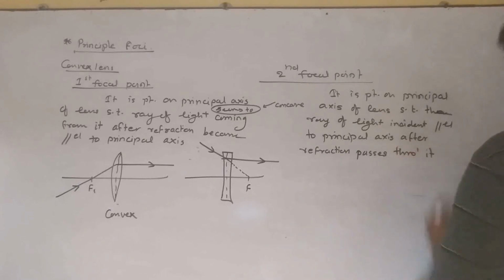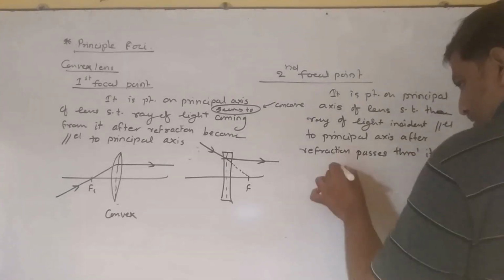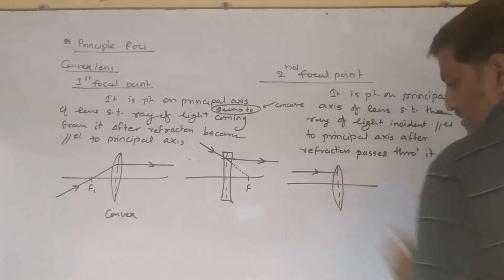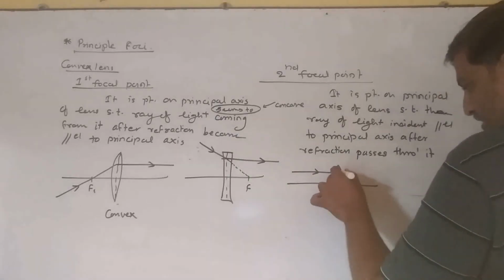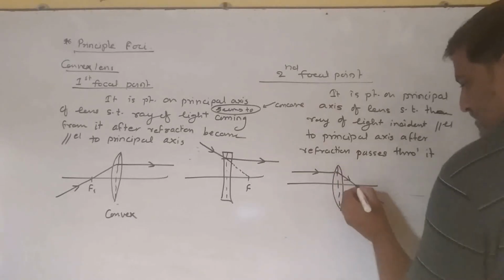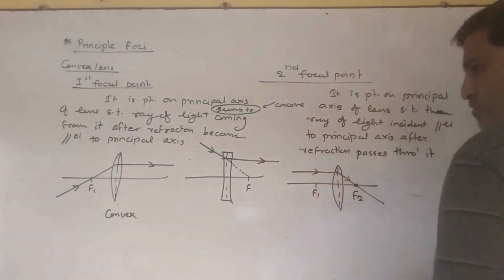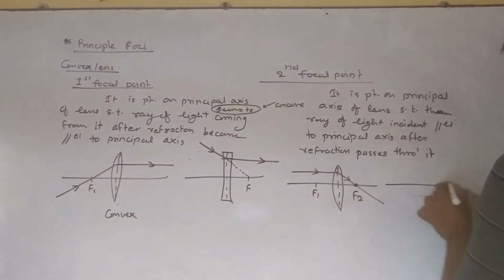Okay, यानी यहाँ पर जो भी कोई ray of light parallel incident होगा, after refraction it passes through a point. That is nothing but the second focal point. This is actually the first focal point, right? In case of